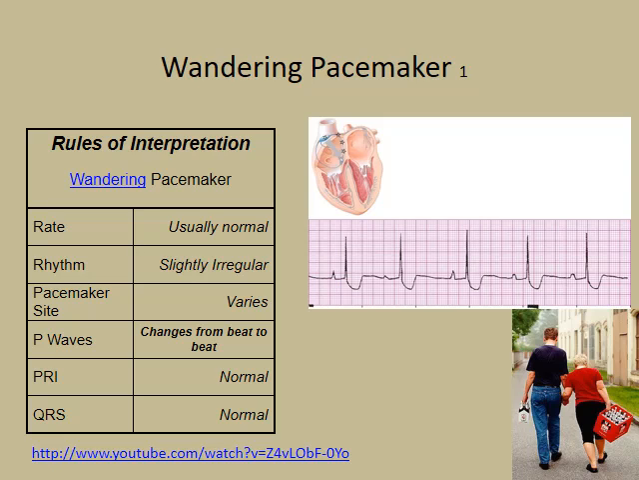Remember, the things we look for when we analyze our P waves are: they are present, they are upright or inverted, one for each QRS, they are regular, and they all look alike. Well, with the wandering pacemaker, your P waves change with every beat. Your PR interval is normal, 0.12 to 0.20, and that QRS complex is also normal at less than 0.12 or